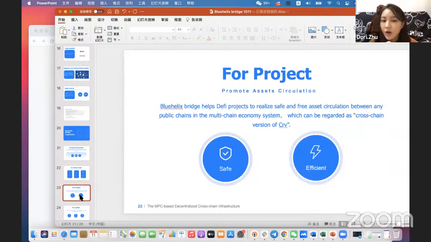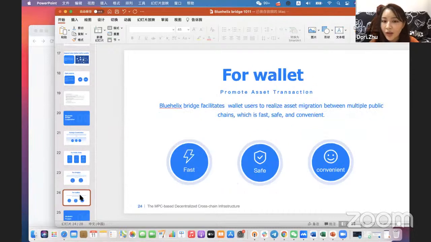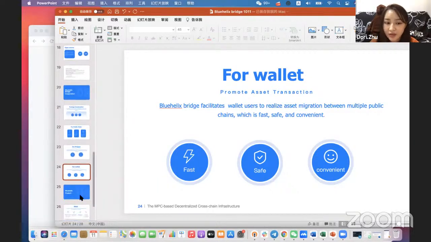Also for projects, we are totally open and provide many APIs. So projects can access the Bluehelix API to build their own cross-chain bridge or use our cross-chain bridge to achieve their asset cross-chain process. Also for wallets, we can help wallet users realize asset transactions among different public chains, which is totally convenient, safe and fast.